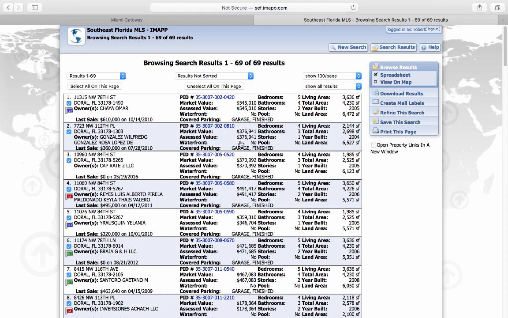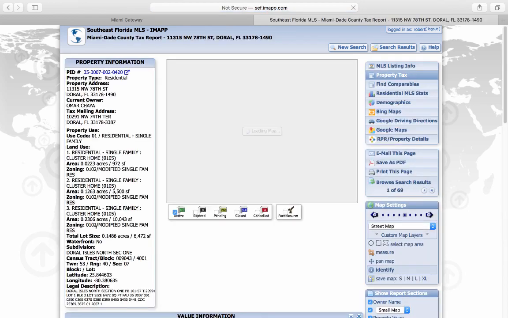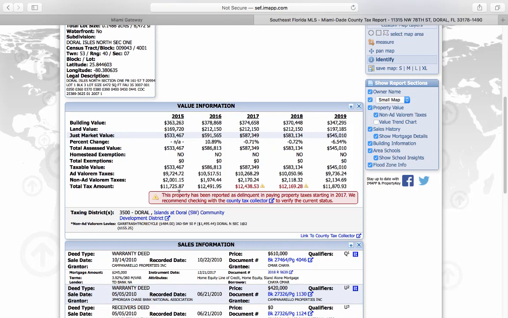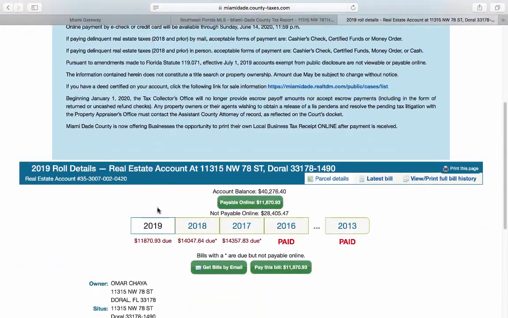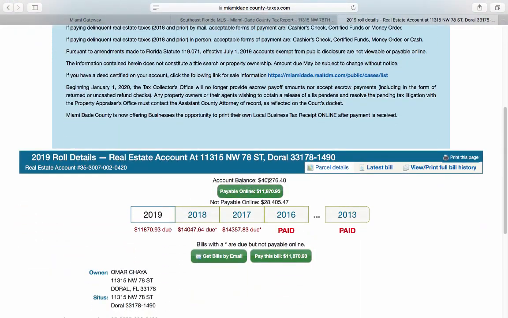69 homeowners that, when you click on one of them, let's click on the parcel ID, you're going to notice an indication right here. It says that this property is reported delinquent in paying property taxes starting in 2017. When you click on County Tax Collector, it's going to lead you to the county's website where it's going to tell you how much is owed on this property. All right, so take a look. You have a total balance of